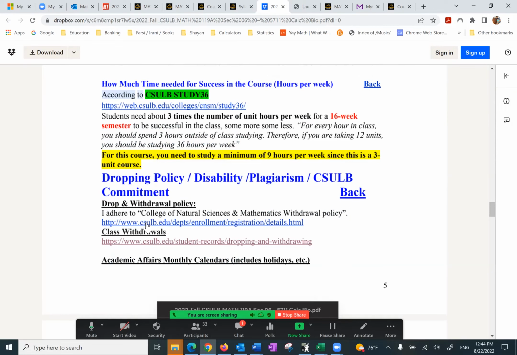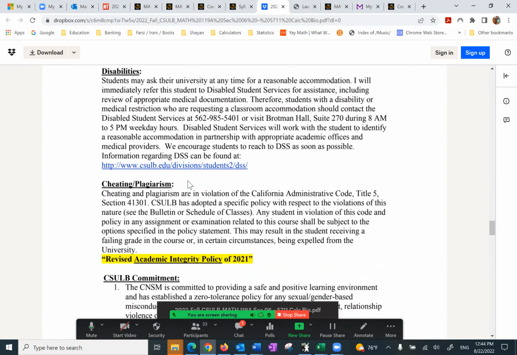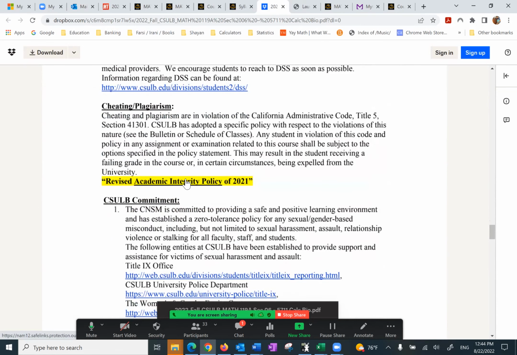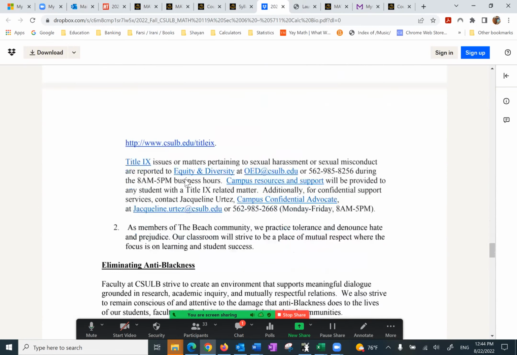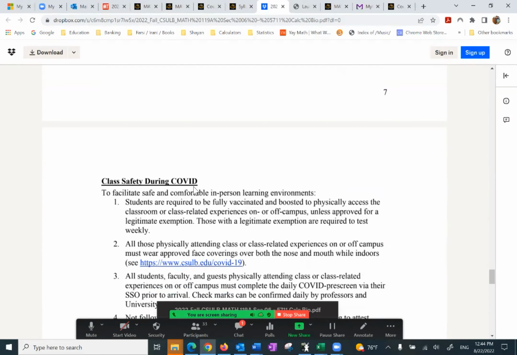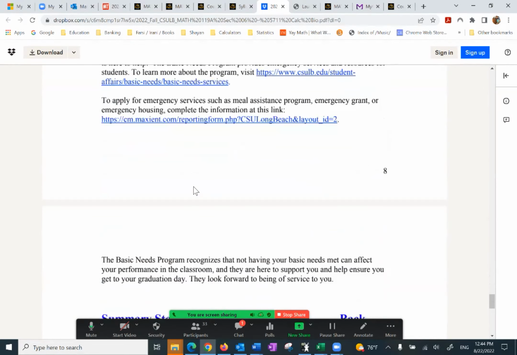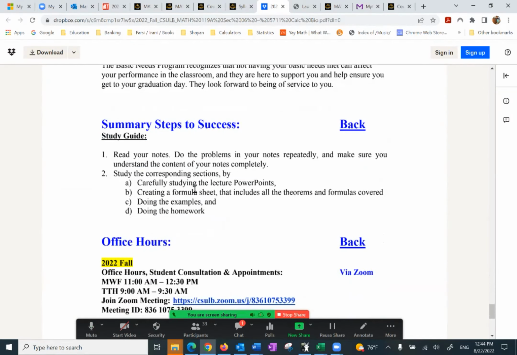Then we have dropping policy, disabilities, cheating and plagiarism, CSULB commitment, class safety during COVID, basic needs. And so almost every topic I have tried to cover.